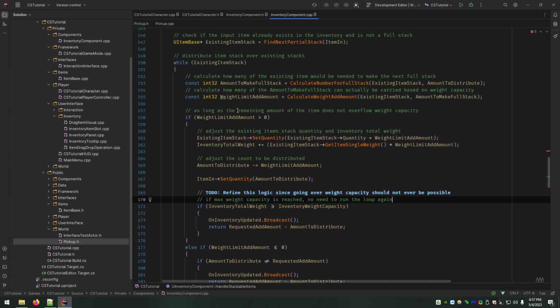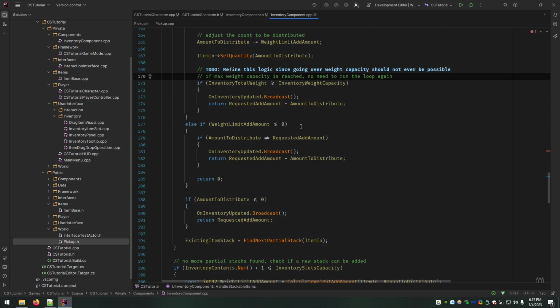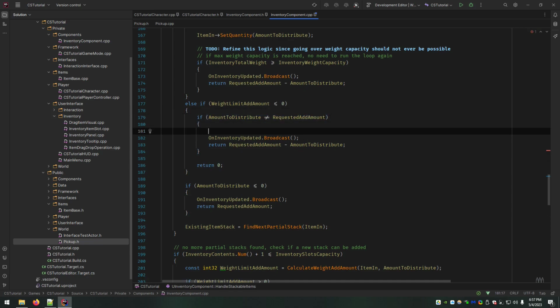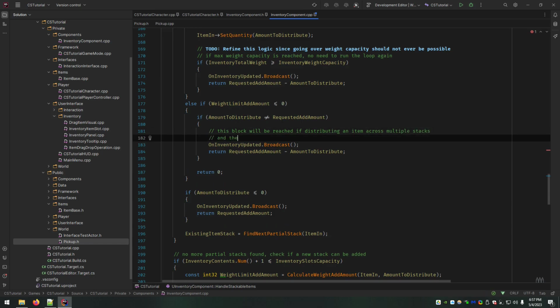All right. So now we get down here, and this one would basically say, all right, our weight limit add amount is less than or equal to 0, but there is still some to distribute. This block will be reached if distributing an item across multiple stacks and the weight limit is hit during that process.